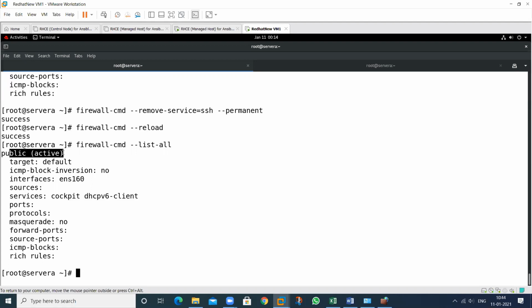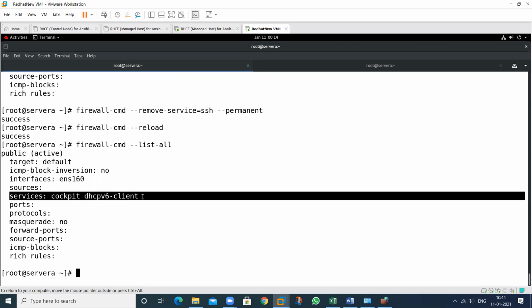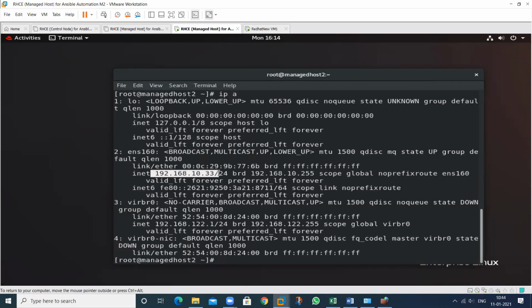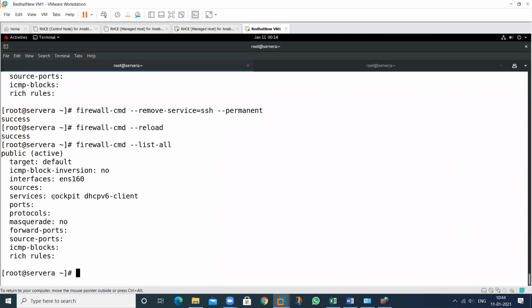The firewall zone is public. That is the default zone, the public zone. In this, there is no service allowed in this firewall. So see the result. SSH. See, what is the result? No route to host. It means I am not allowed this particular route to this particular machine. The IP address of this machine is 10.33. So for this type of activity, we want to allow